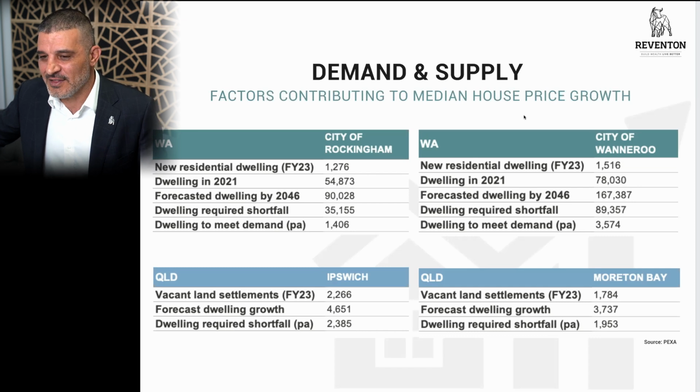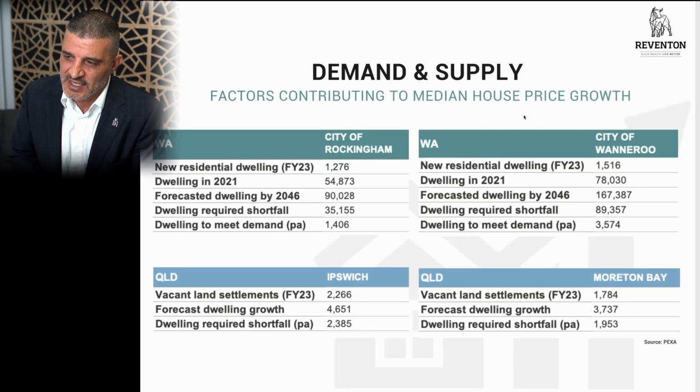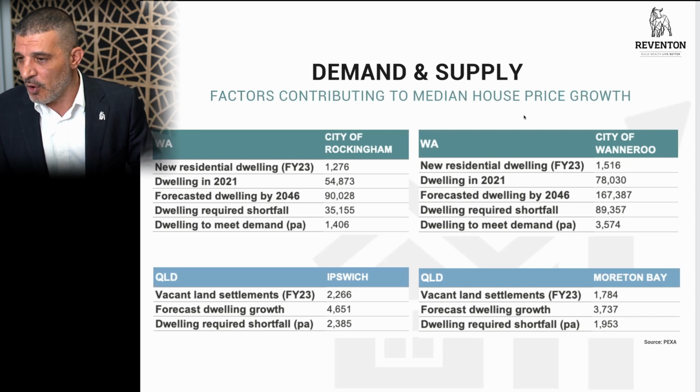1,500 in the year of 23 that have been approved. For example, we talk about Western Australia as a state that had seen a lot of new homes being built in a lot of those regions, and they were building 1,500 in just that shire there. But the demand that they need is 3,500. So you can imagine there's going to be more restraint on rental, and what that does is it just brings